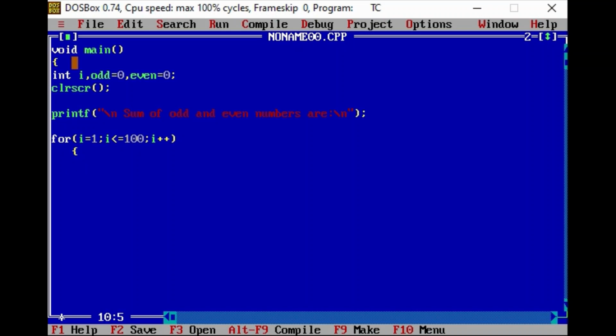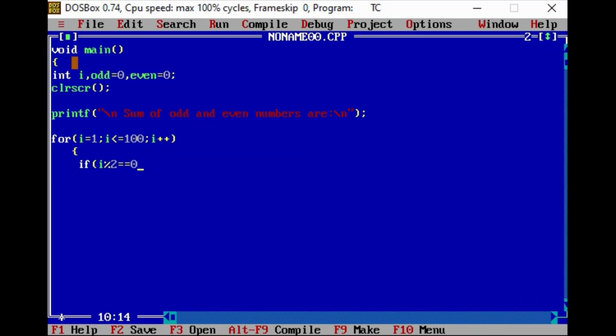But before that, everyone has a question: can we use if conditions in a for loop? The answer is yes, so let's use it. I'm going to take I modulus 2 is equal to 0.